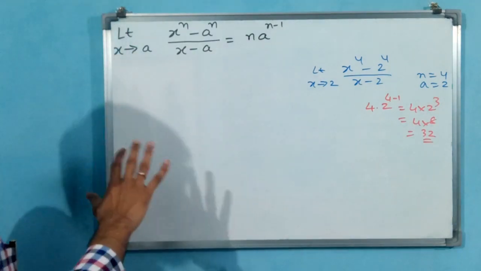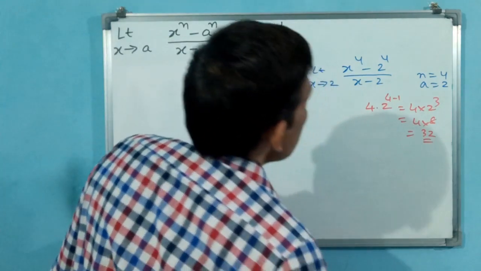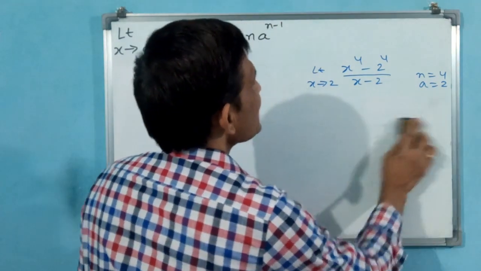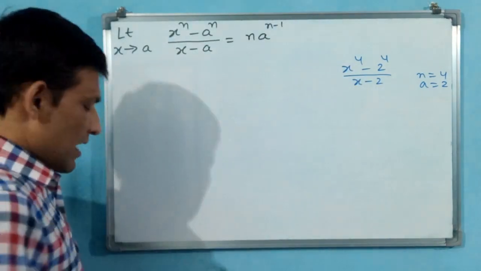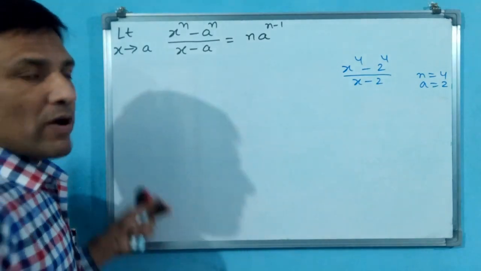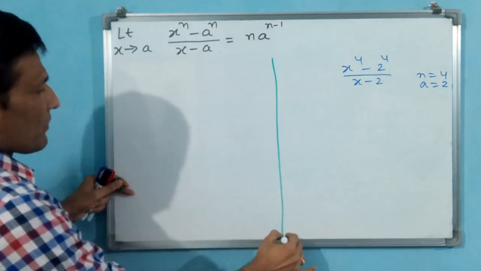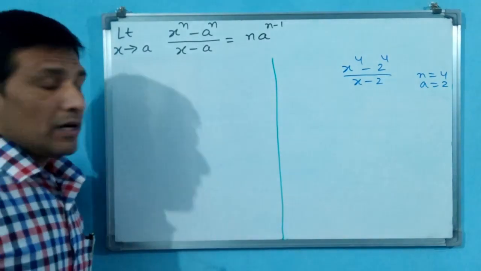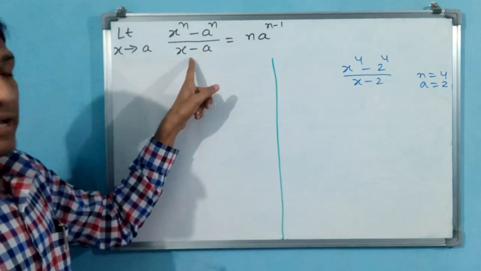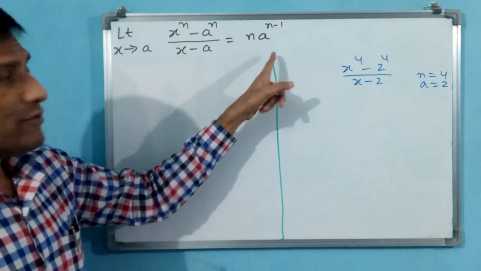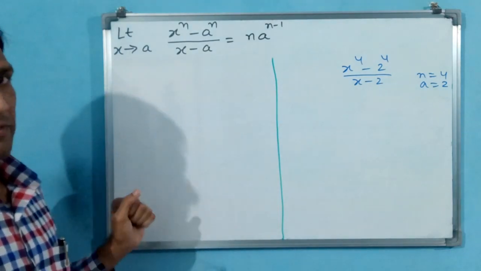This also we will derive fundamentally and we will see the result. See, I am removing this also. But this I want to keep. Why? Because this is required. I want to do it. How and all you are going to understand afterwards. Now you see, limit x tends to a, x power n minus a power n by x minus a is equal to n into a power n minus 1. We are going to derive this. We are going to get the proof of this one.